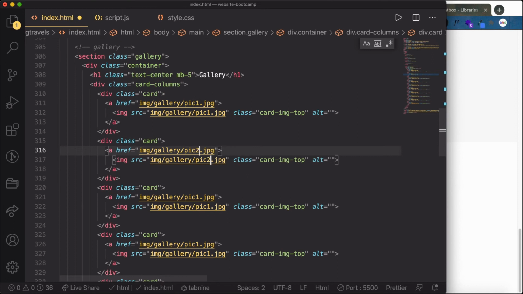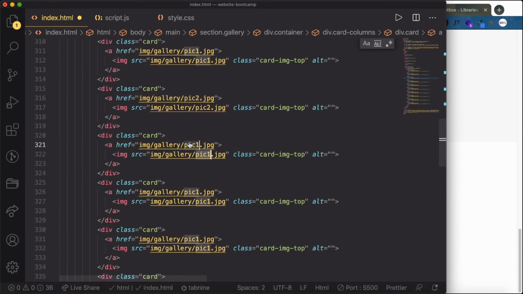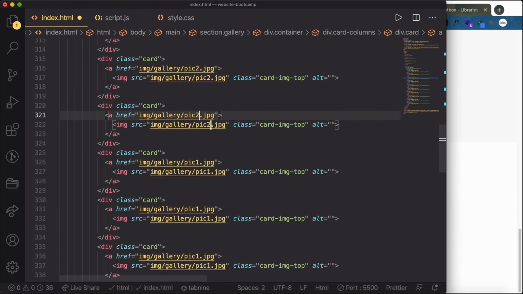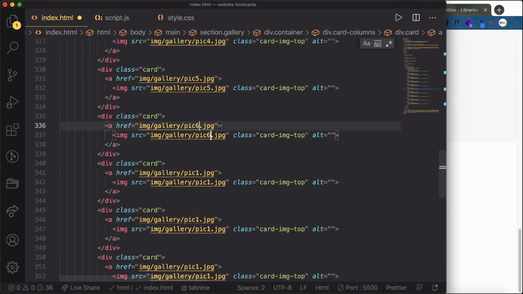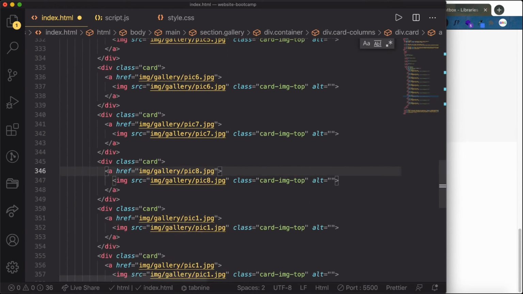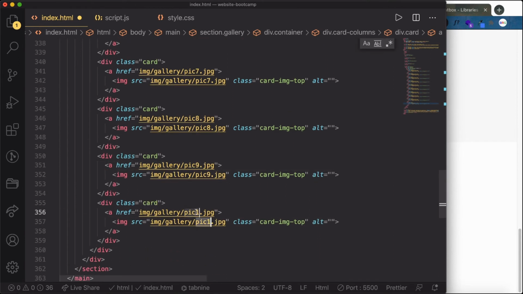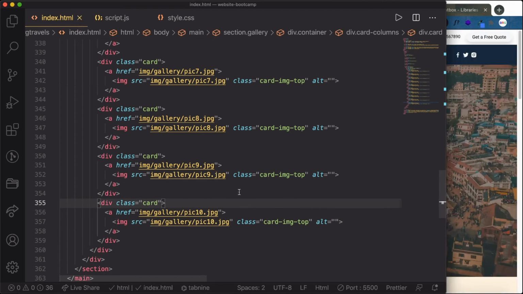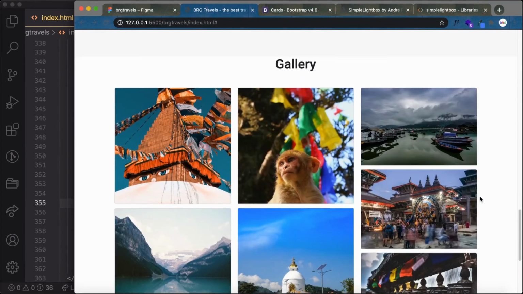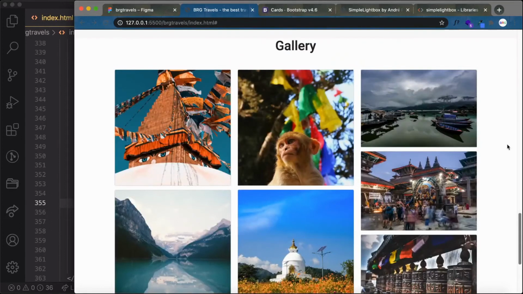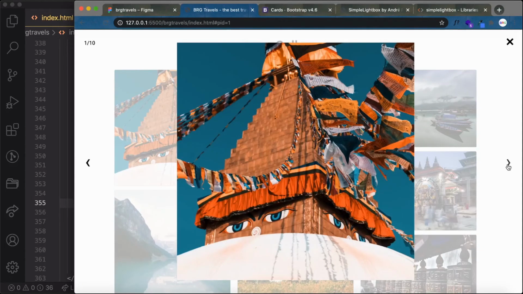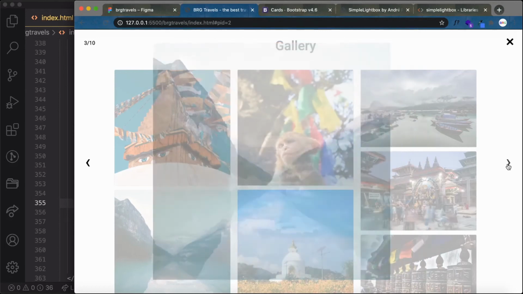Control D, Control D to select 3 and then Control 10. Okay, now if I save it, you can see we got our gallery. Now if you click on the image, you will get this nice effect, and I can navigate as well.